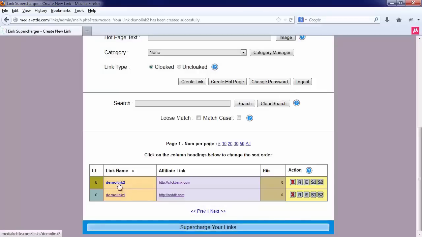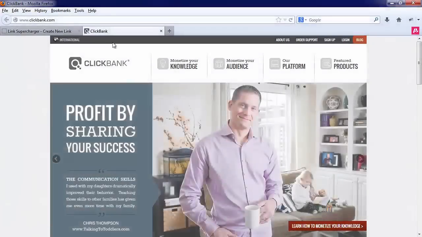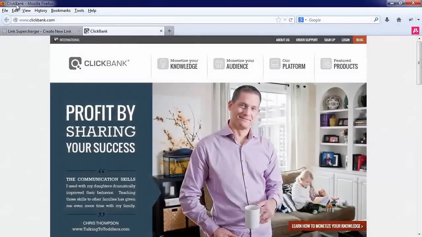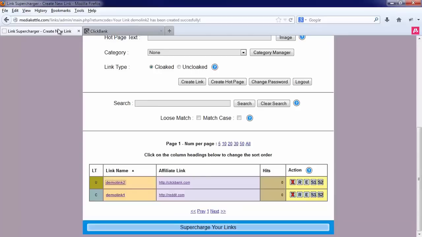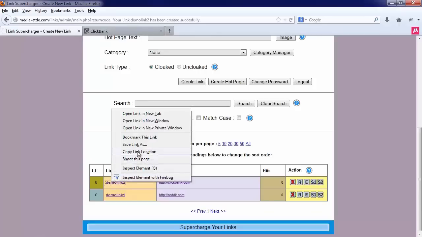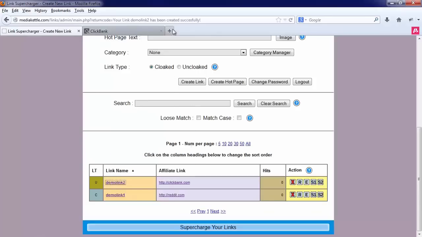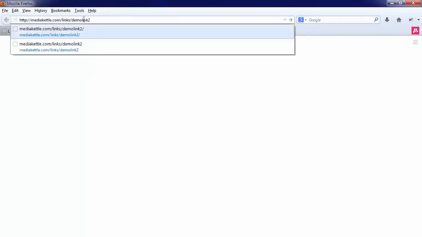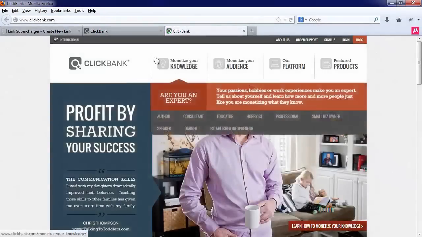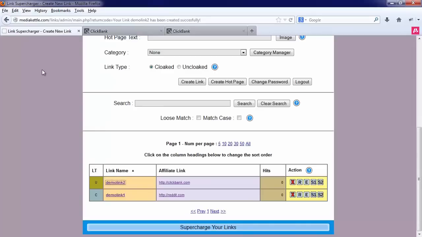If we click this uncloaked link, a new window will open, and as you can see, the page title is ClickBank's own, the address in the URL bar is ClickBank's own. That's because we've created an uncloaked link. However, the beauty of an uncloaked link is the link that you give to people is still your redirected link. So let's copy this link location and paste it in there. You'll see it's MediaCapital.com links demo link 2. And if you go to that link, it will take you to ClickBank. Let's close these tabs